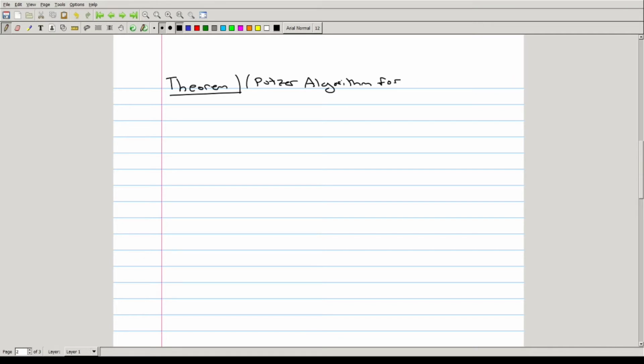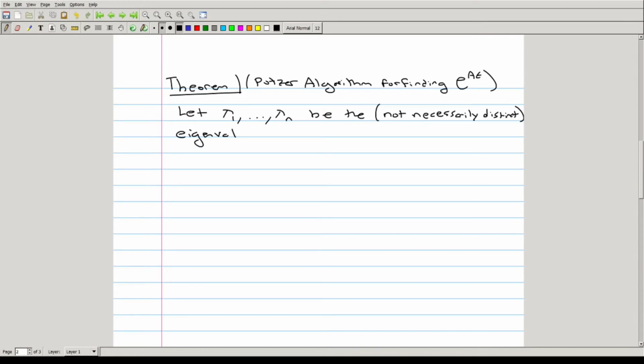For finding e to the At. We'll let lambda 1 to lambda n be the, and I want to point out here, not necessarily distinct eigenvalues of the matrix A. So we really want to emphasize here that this is working if you have distinct eigenvalues,